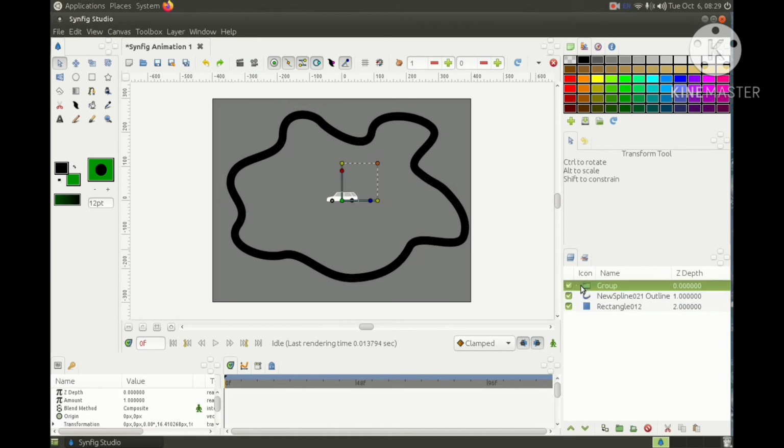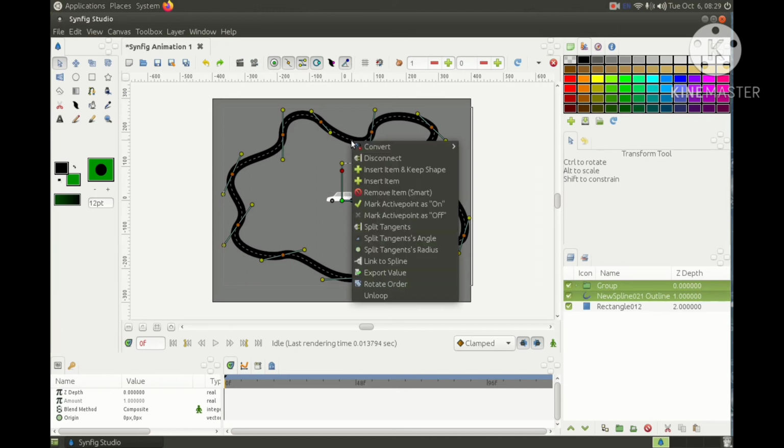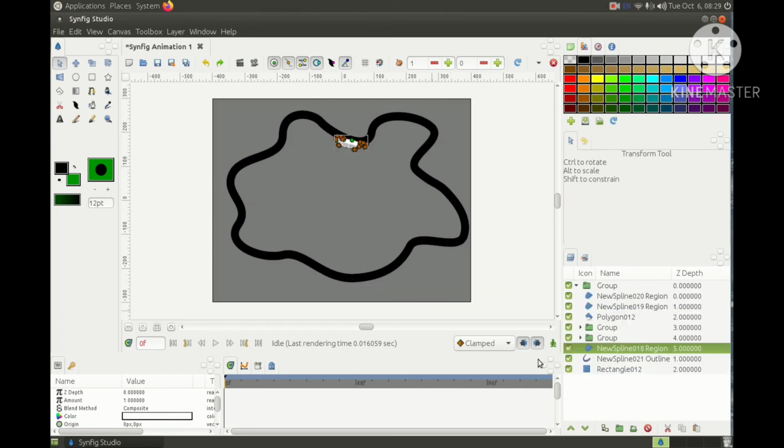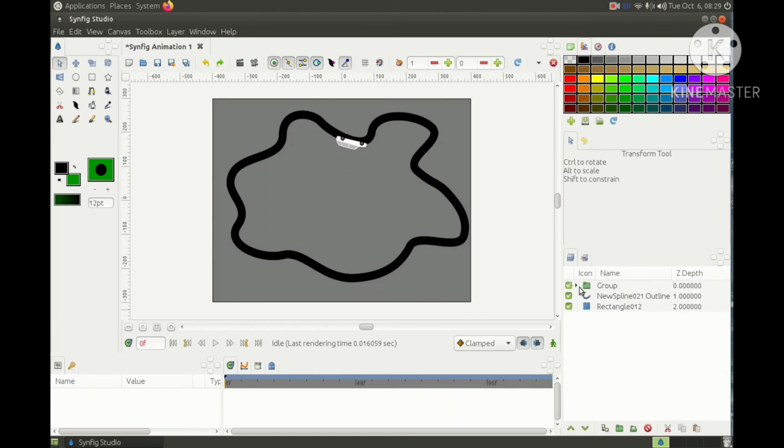Now we will select the center point of this car, click this, press the Ctrl key, select the SP-line tool, right click on the SP-line tool and link to SP-line. Our car is linked. Now to rotate it at a particular side,